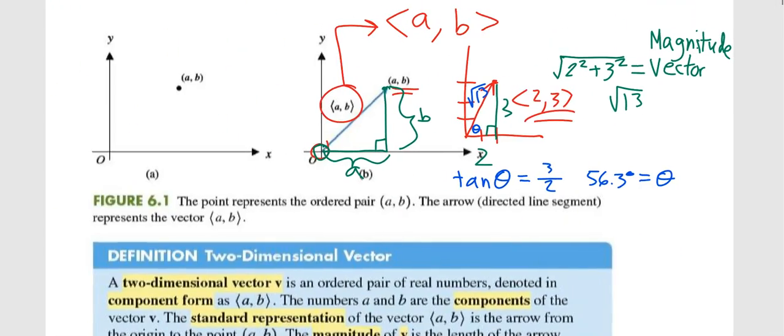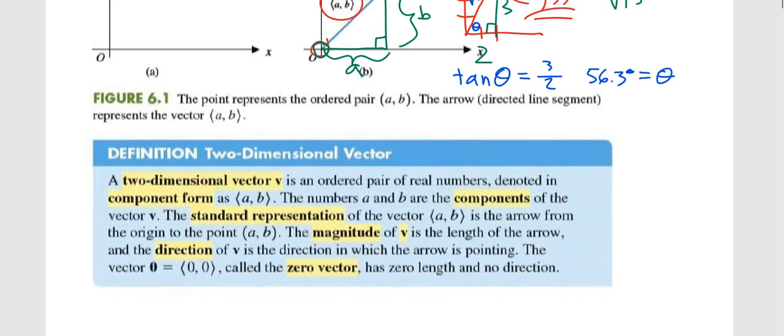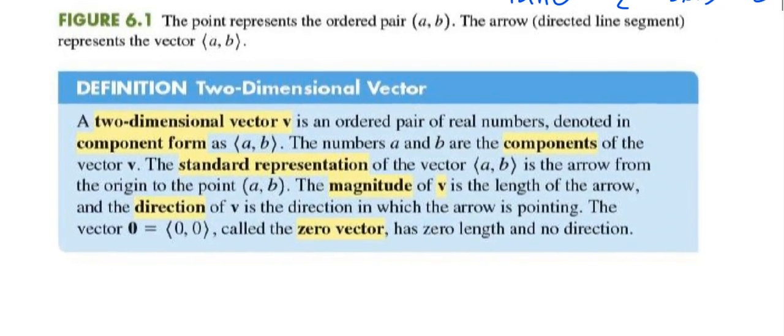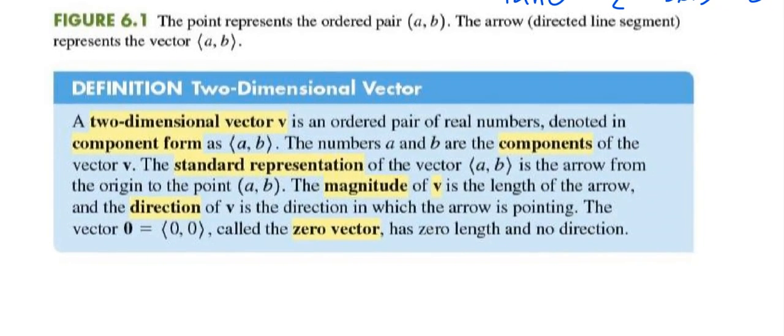So guess what? All of these terms that you see here, vectors are two-dimensional, sure. They've got an x and a y. They come in component form, but you guys already kind of have that sense or understand that it's the legs of the right triangle.